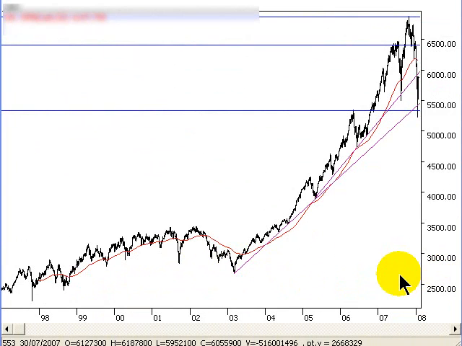Today we're going to do a bit of a weekly wrap or a weekly recap on the Australian stock market. We're looking at the XAO, and today we're just going to give you a bit of an overview of where the market's going at the moment. We can see since '03 we've had a big